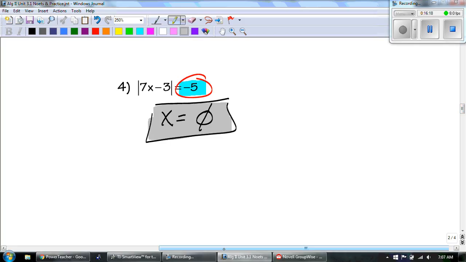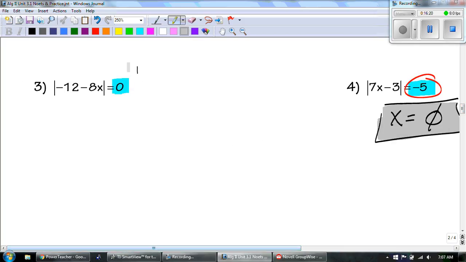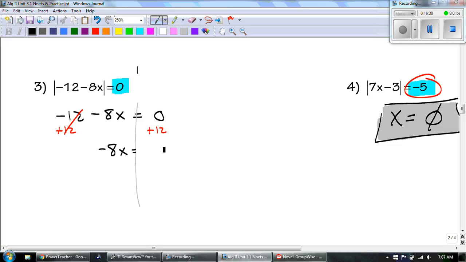Well, we already did number 4. That was nice. Okay, number 3, one solution. So I set -12 minus 8x. I'm going to set it equal to 0. And then we just solve. So we add 12 to both sides. 0 plus 12 is 12. And then I need to divide by -8. And then we get that x equals,